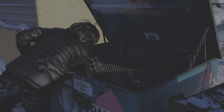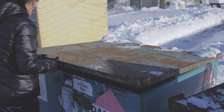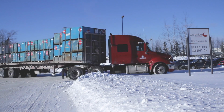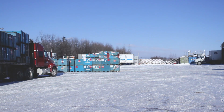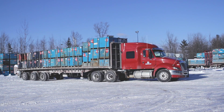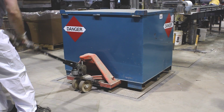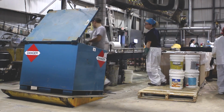Do you know what happens to the 6 million kilos of paint and paint containers that are brought to the 1,200 recycling drop sites annually? Well, at the drop sites, the paint containers are carefully piled into sealed metal bins specifically designed to safely transport these types of materials. The bins are delivered to Laurentide Resources in Victoriaville, Quebec, whose role is to recycle household